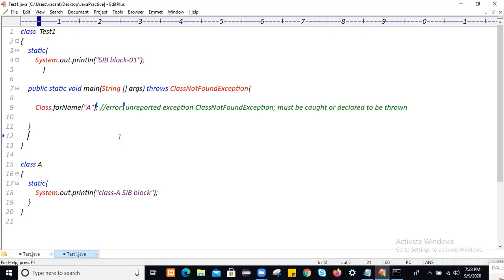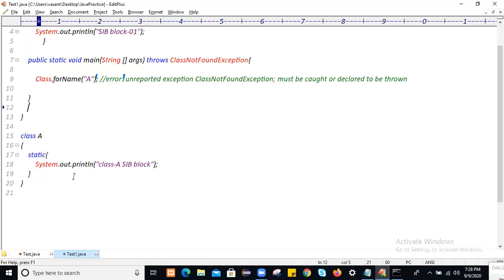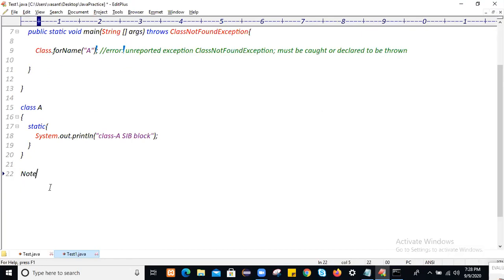If another class doesn't have a main method, okay, in the note write down, to execute the same class's static block logic, the main method is mandatory.